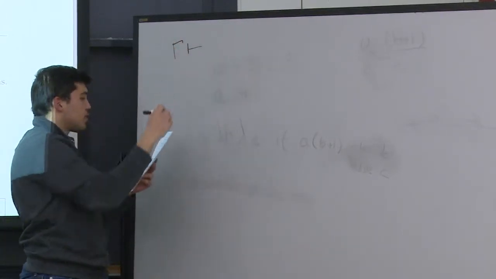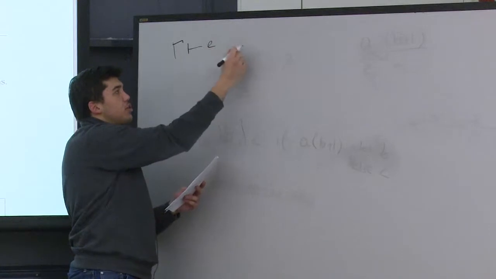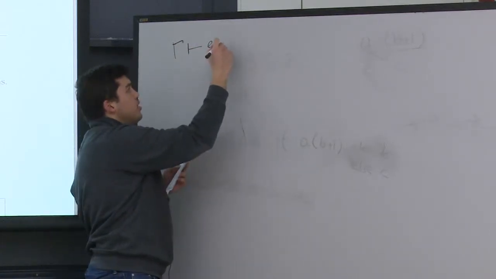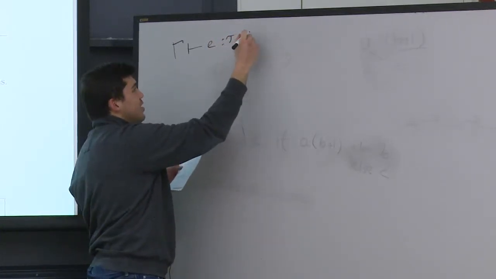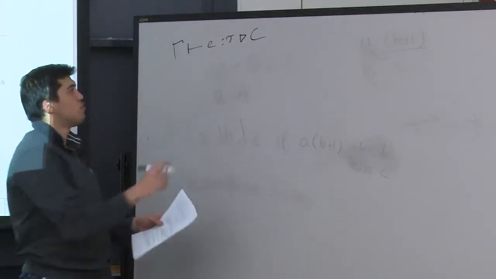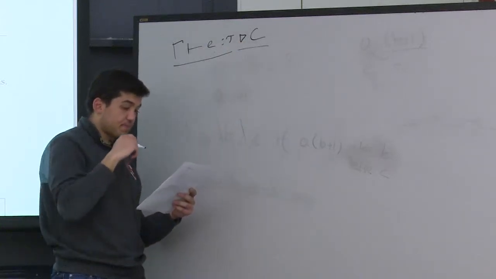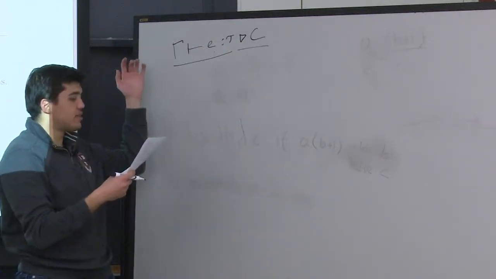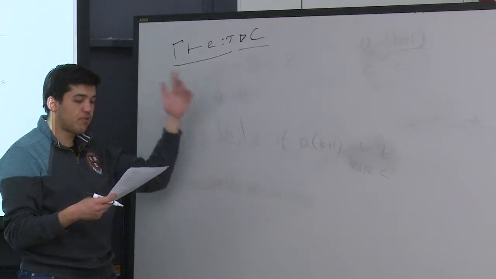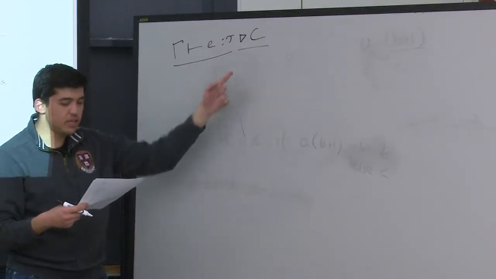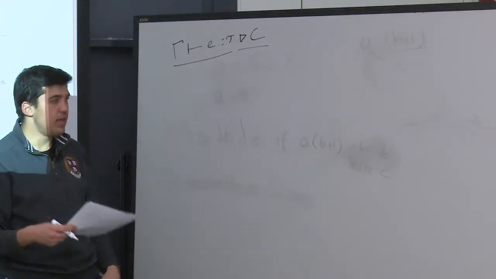So a Greek letter gamma, capital, and then this is the symbol we use to say this expression will be under this context. So we can write E, and then tau, that stands for type, and then here I will draw a triangle and the letter C. So you're familiar with this part, but what is this part? This part says that there's an expression E that has type tau, provided that every constraint in the set C is satisfied. So here C is the set of constraints that we are applying to this equation,